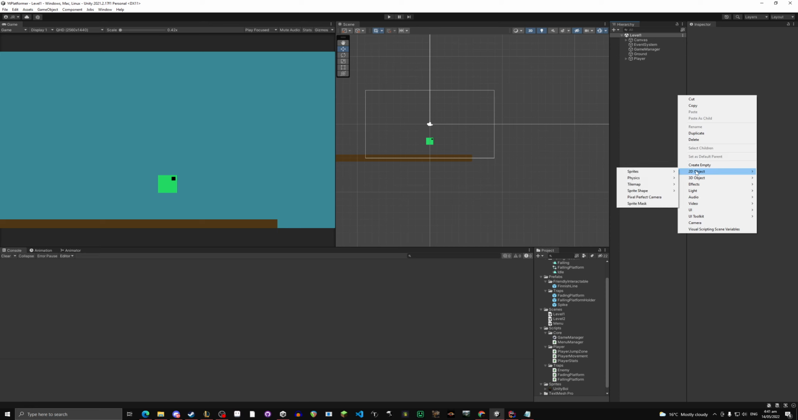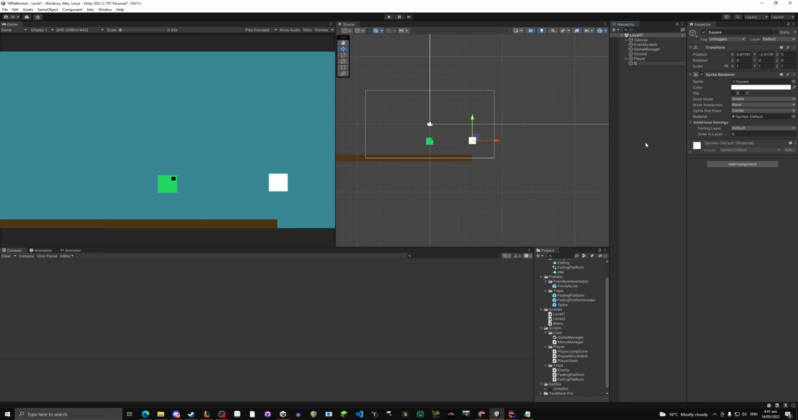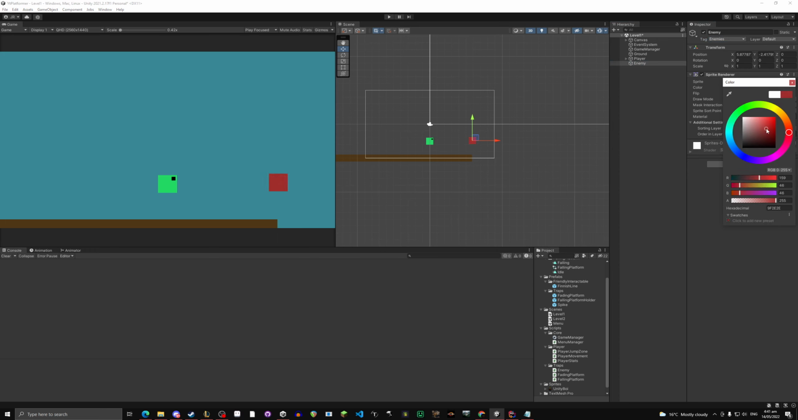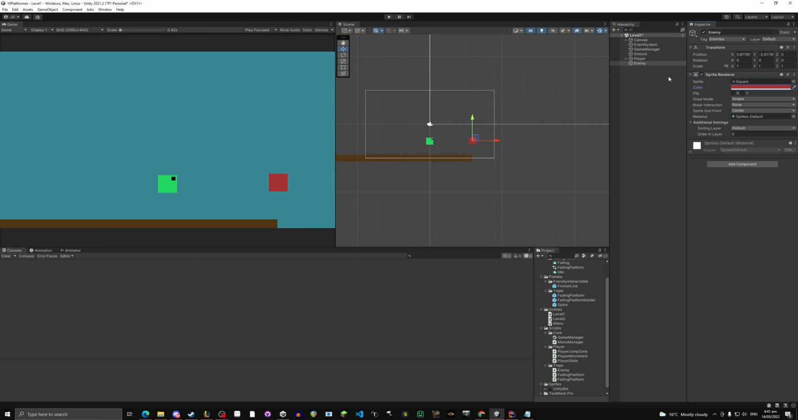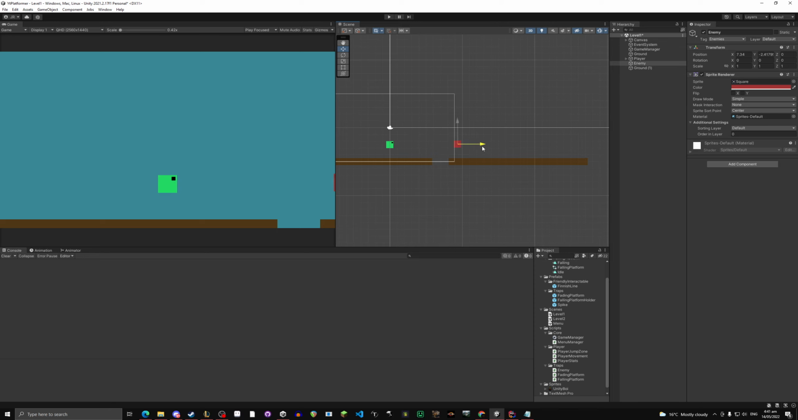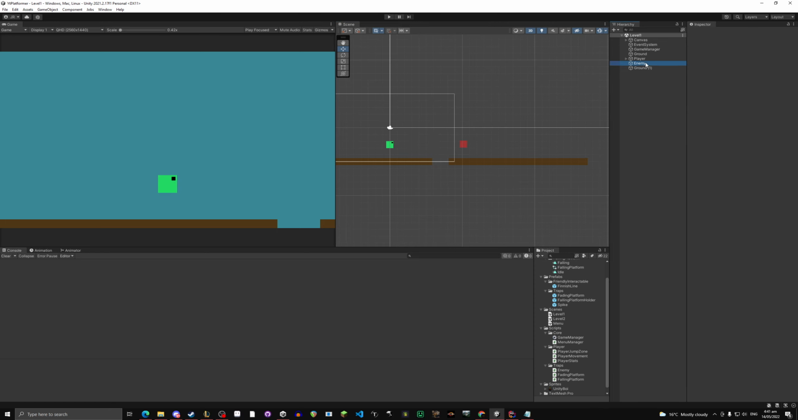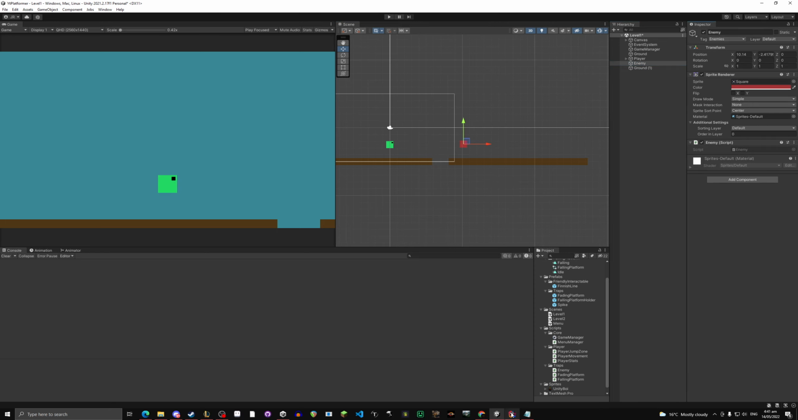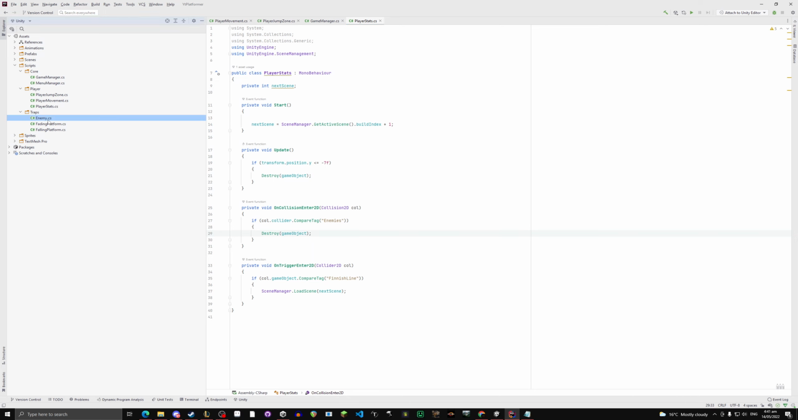Make a new 2D object, call it enemy, put the tag on enemies, give it this reddish color, or whatever color you want, and take a ground, Control D, duplicate it, move it to the right a bit, take the enemy, move it there, and we can put the script on him right now. Open your script editor, open the enemy script,